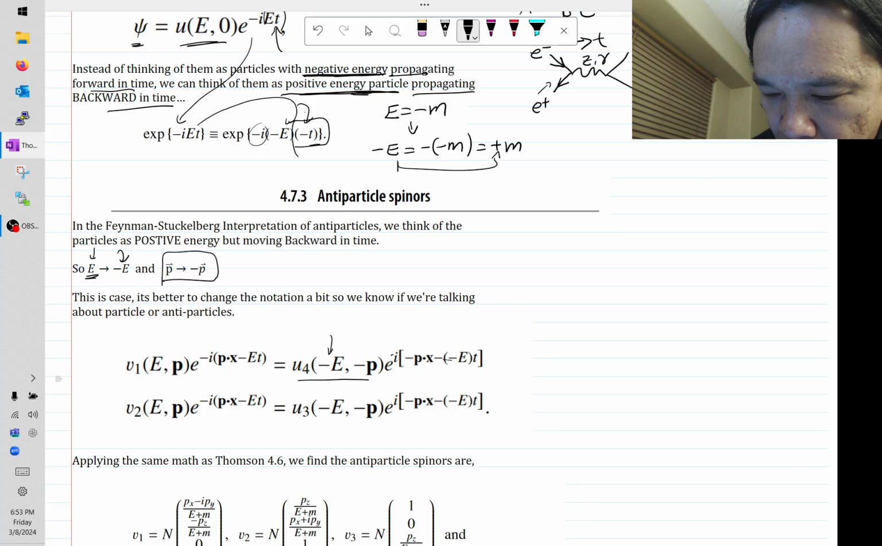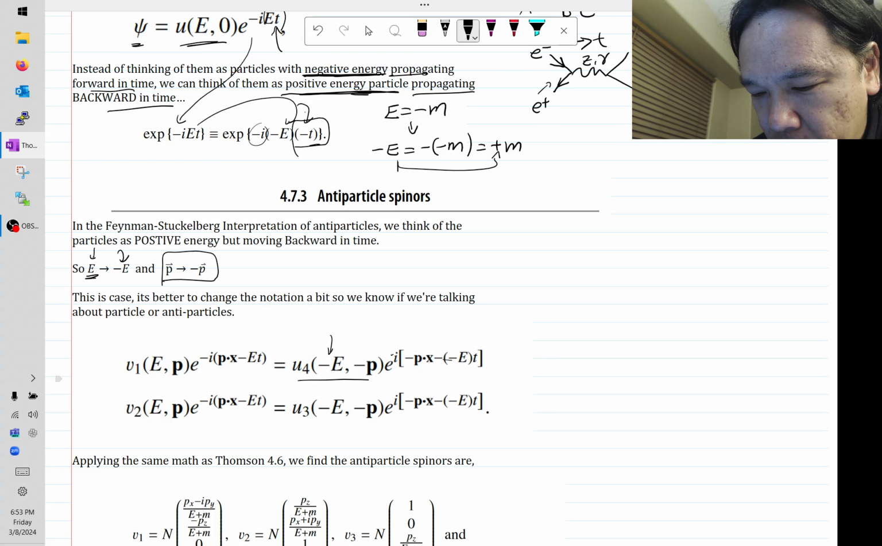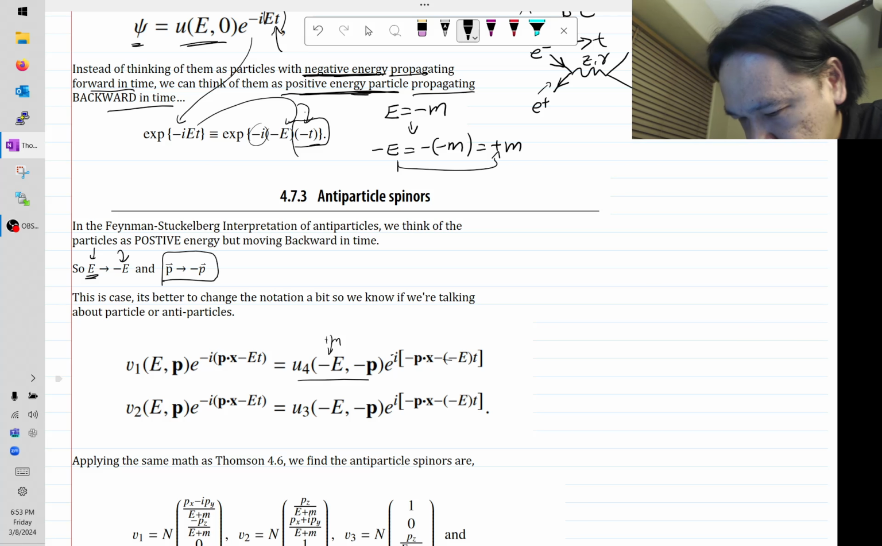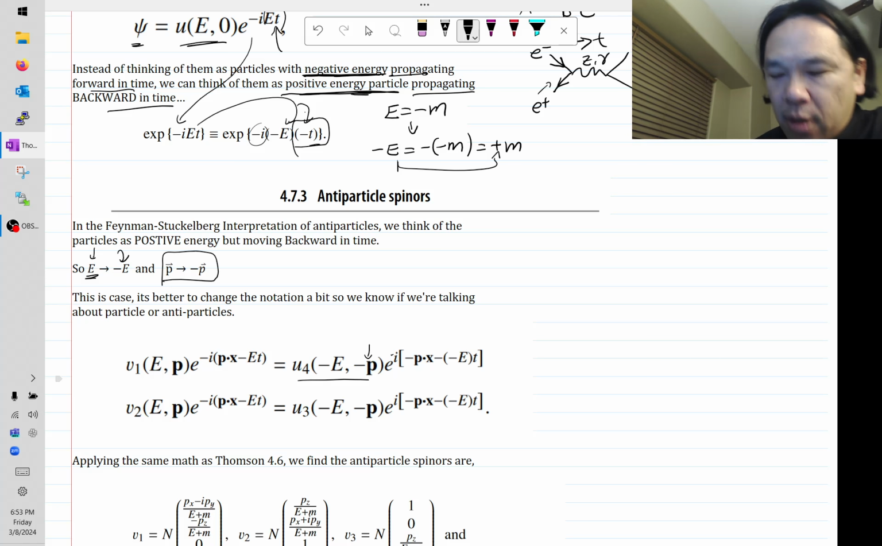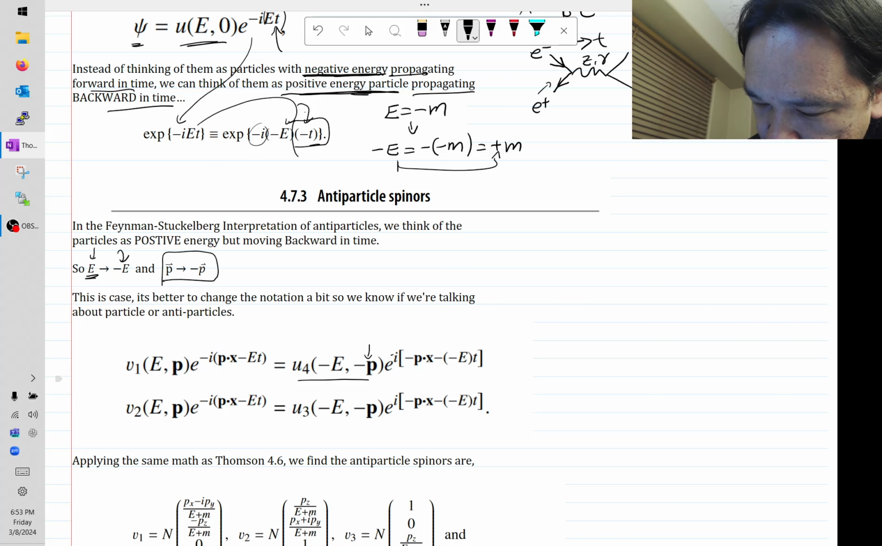Remember, we have to flip the sign of the energy. If this was at rest, this used to be negative m, but by flipping the sign, now this becomes positive m. Negative times a negative. And if we make the time go backward, this also makes the momentum go in the opposite direction. In effect, normally, let's write the